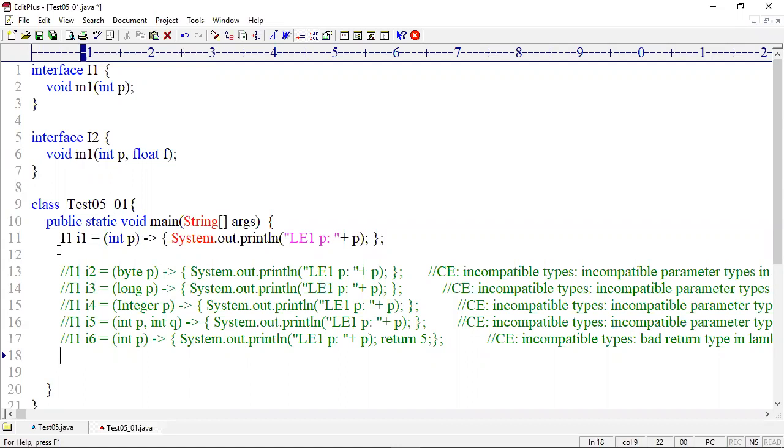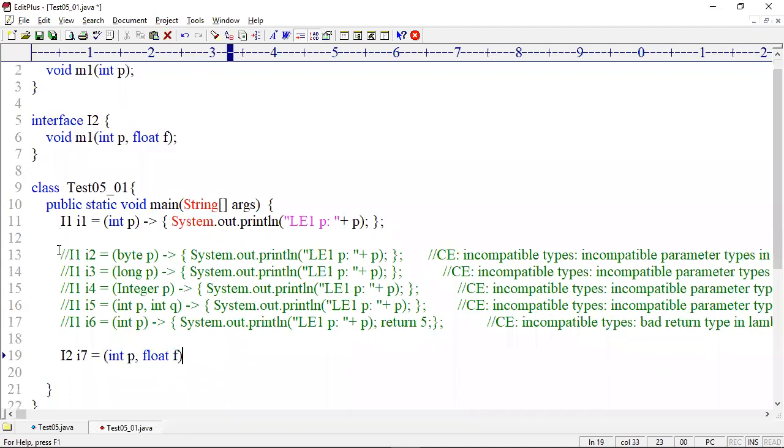Then I am creating I2 I7 equal to; what I told you, go and collect the parameters, parentheses as they are, copy and paste here. Then the arrow, followed by the body. Currently we are not executing. Can I make the lambda expression an empty body? Yes, no problem.